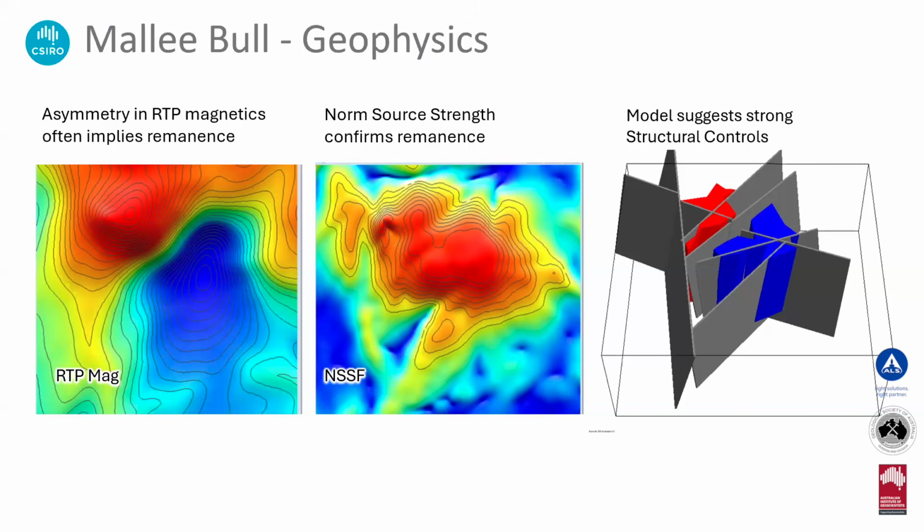So you can use a technique called an analytic signal to hopefully correct for that somewhat. Or you can use a filter called a normalized source strength filter. What this is doing is basically removing, devectorizing the magnetic properties essentially. So it's just saying, where is all the magnetic stuff here? Well, the magnetic stuff is there. And if that was exactly the same as what we were seeing in the RTP, we would say it's probably all induced magnetization. But